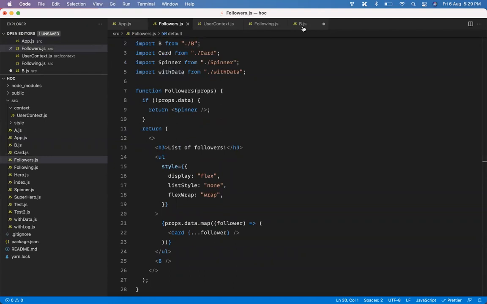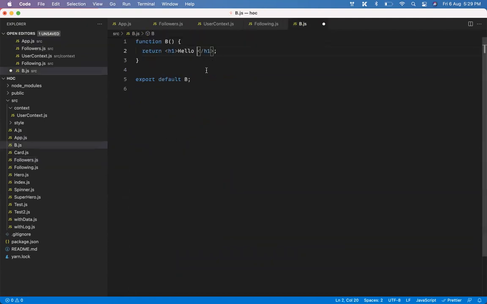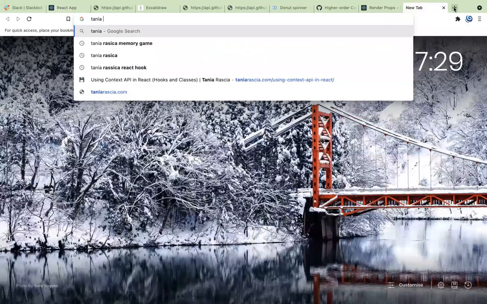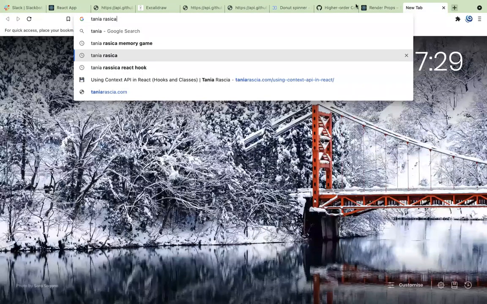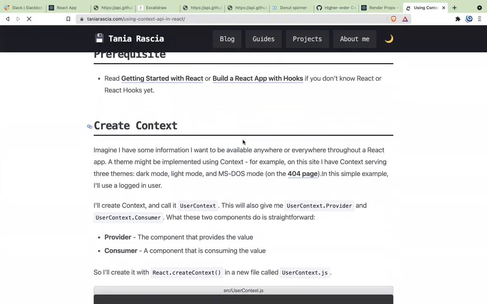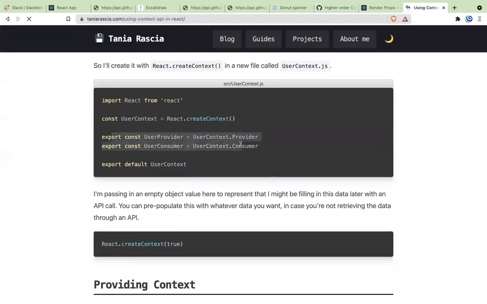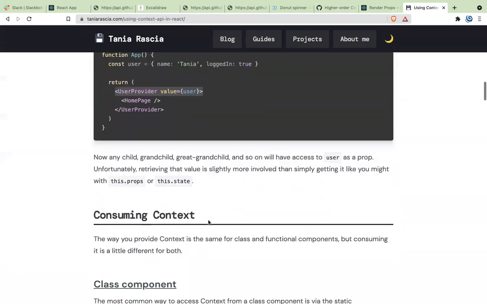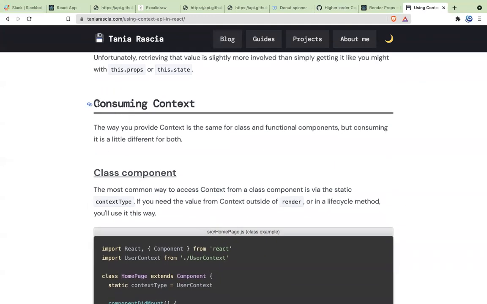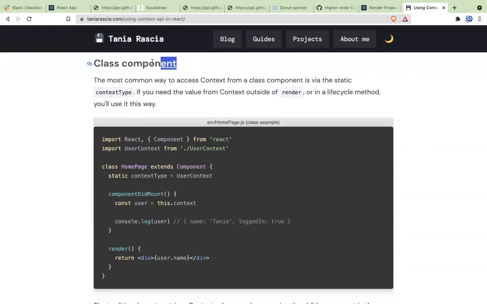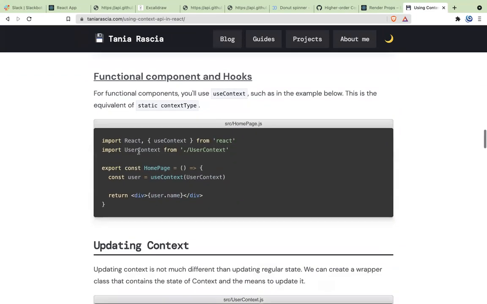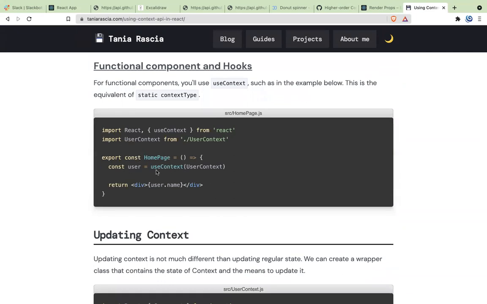The other way is to just use context. Because it is a functional component, I'll share an article with you. That is a really good one to understand context. Okay, so it's very simple. Here, what we have done till now, we have created a context and we have exported it. We have provided the data to this one, and later on we need to use it. Whenever you're consuming the context, there are two ways. Whenever it is a class component, you need to do it in a certain way. Whenever it is a functional component, you have to do it in a different way. So let's talk about the functional way of doing it.